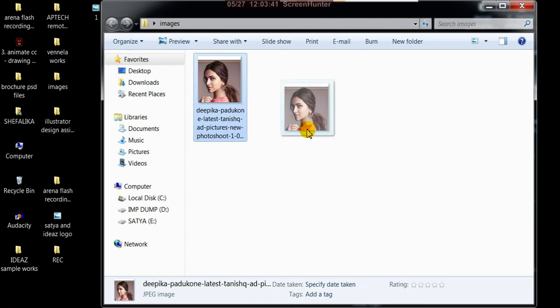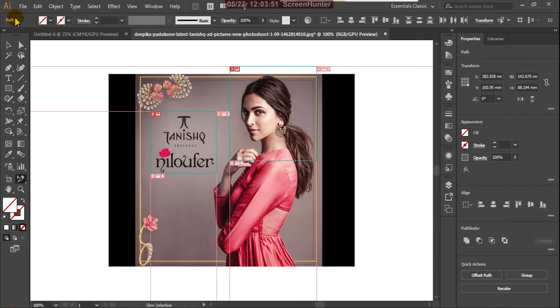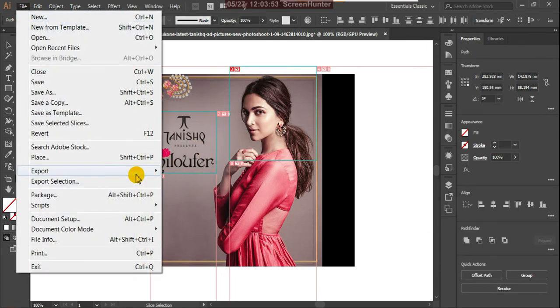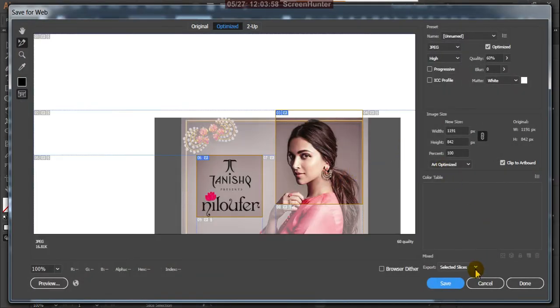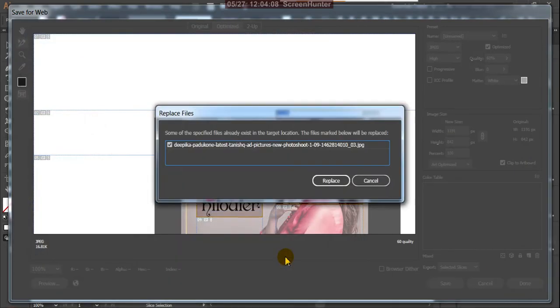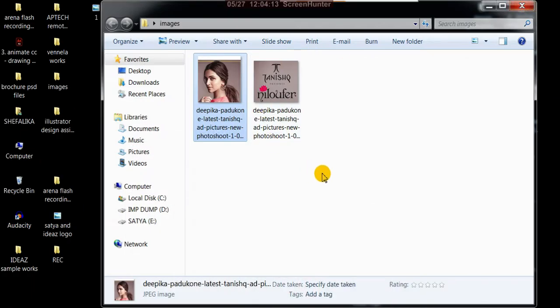But I saved two selections. It is not showing two. Yes. Now I'll save this. Export for web legacy. Now these are all user slices. Yes, this is selected slices, and save. Yes, replace. Yes, now see these two slices.